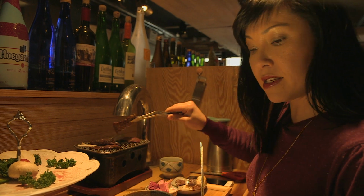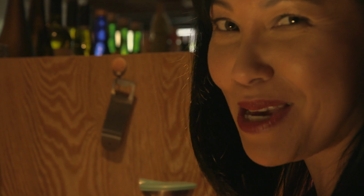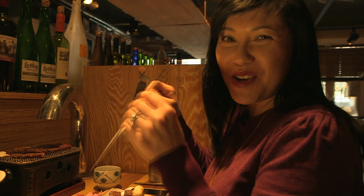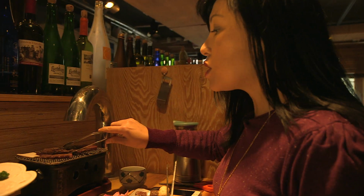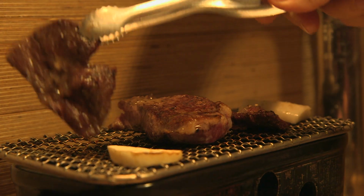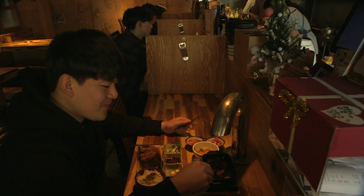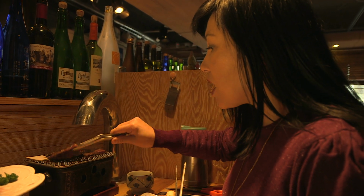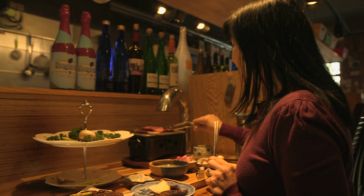Oops, I'm burning this now. That was really bad chopstick etiquette. You're not meant to go like that with your chopsticks. It shows I'm not very good. See, this is the thing where you miss other people, having other people with you. I'm not the best barbecue grill person, so